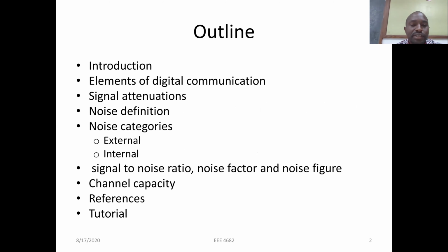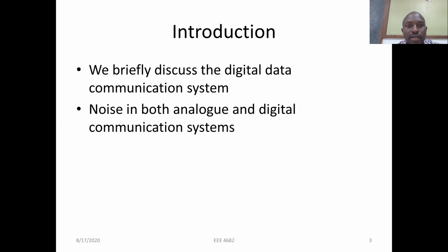We'll look at the introduction to the topic. We'll talk about the elements of a digital data communication system. I'll talk about signal attenuation, noise and noise categories, all the way up to channel capacity. And at the end, I'll give some tutorial. Now, we'll briefly discuss the digital data communication system, look at attenuation, look at noise in both analog and digital communication systems before we delve into